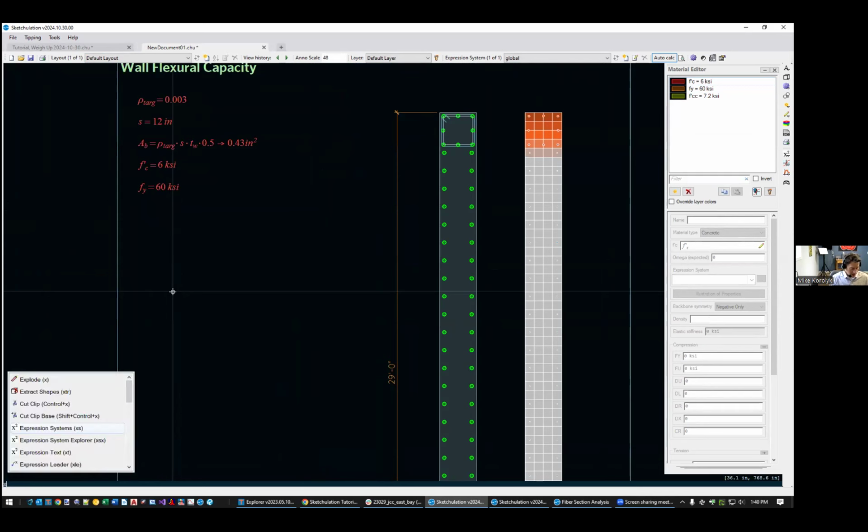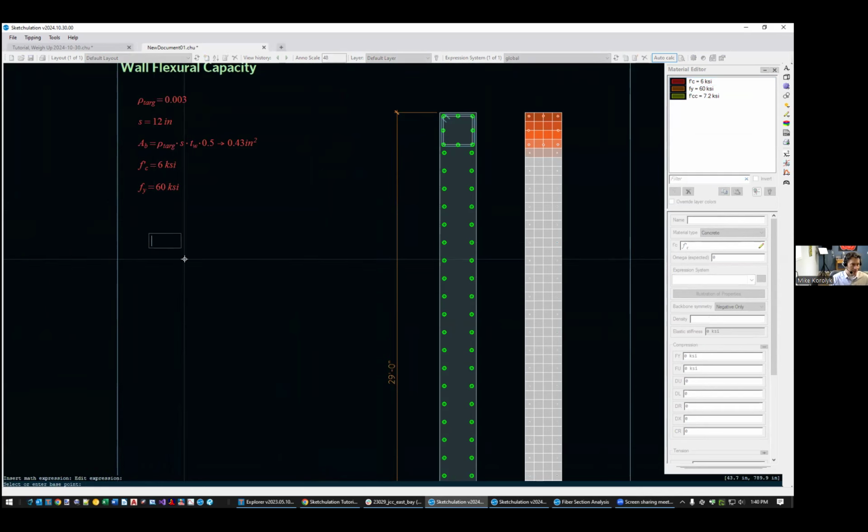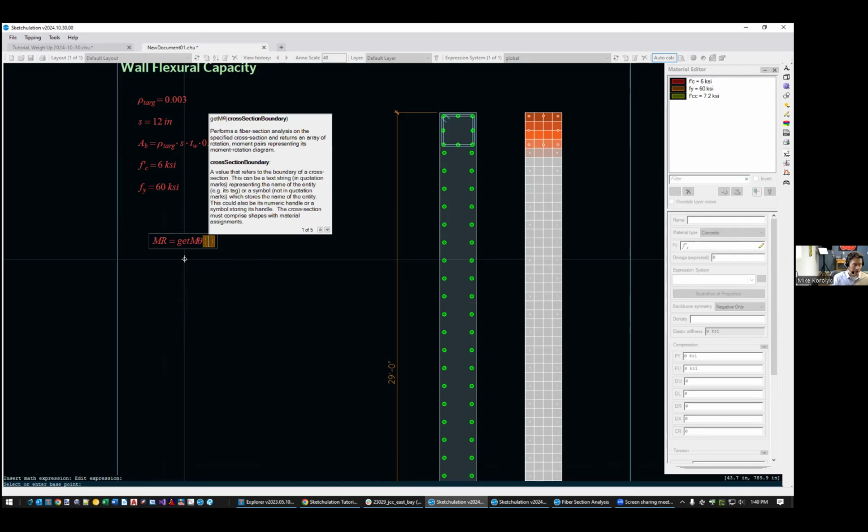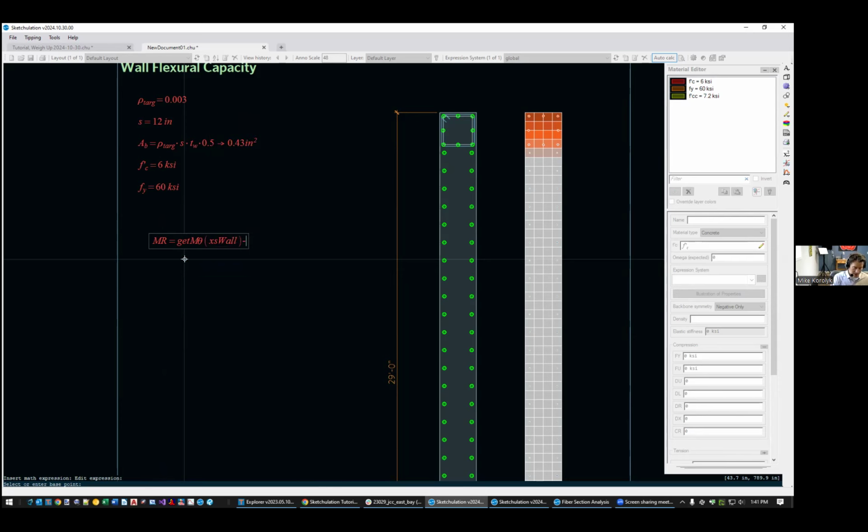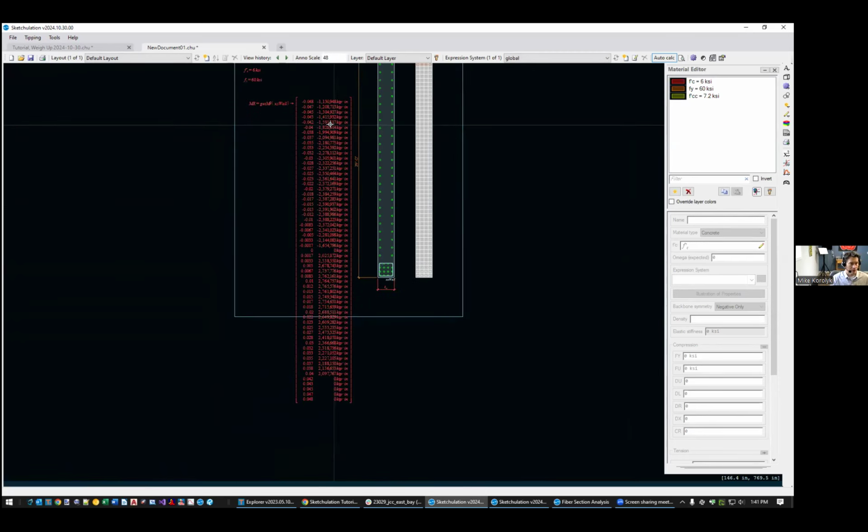And then I can make an expression that says MR is equal to get, start to type get, and what I want is m theta. Now it's going to ask for a cross-section boundary. I type in my XS wall, and I push the request for value operator,